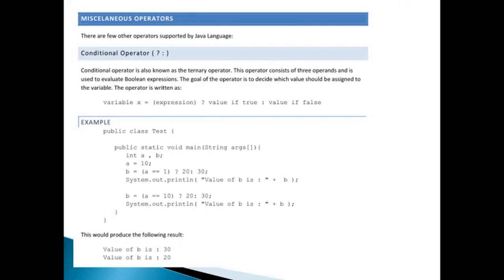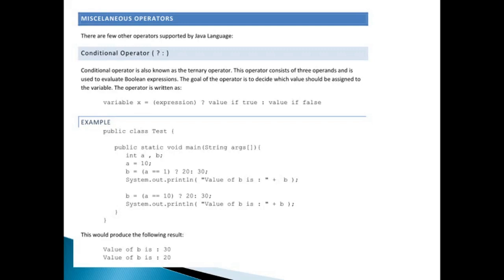Okay, so these are primarily the whole bunch of operators that can be used in Java. There's another category known as miscellaneous operators. What are these miscellaneous operators? Miscellaneous operators can be used in their own specific ways, like the conditional operator, or the ternary operator, which is used with the symbols of a question mark and a colon.